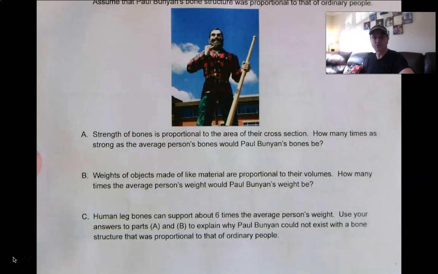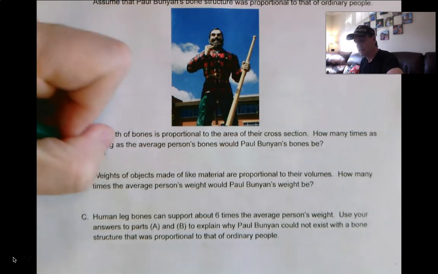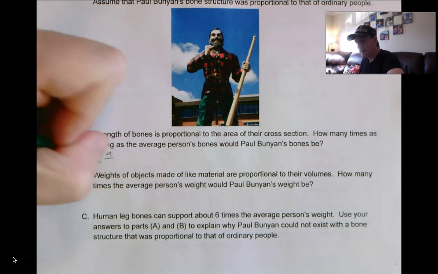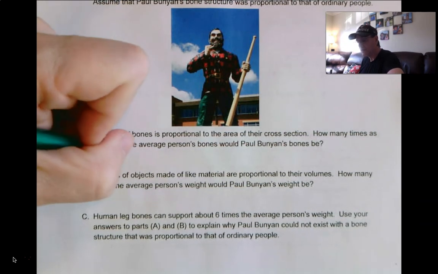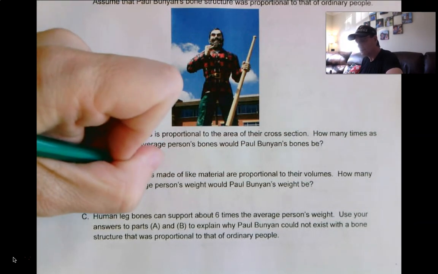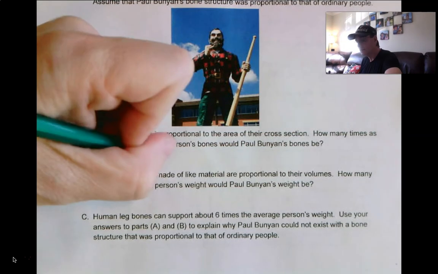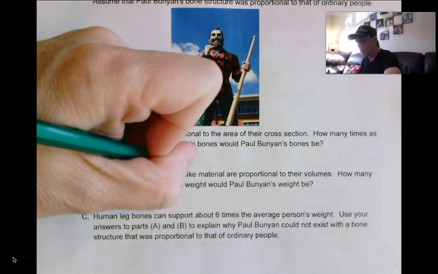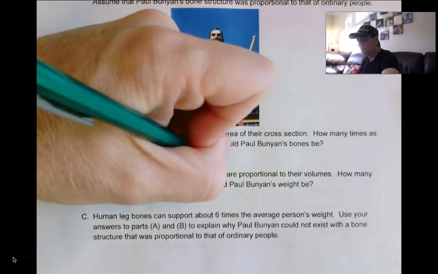How many times as strong as the average person's bones would Paul Bunyan's bones be? Well, if he was 10 times tall, that's the A to B ratio of 1 to 10. So the A squared to B squared ratio, area, is 1 to 100,